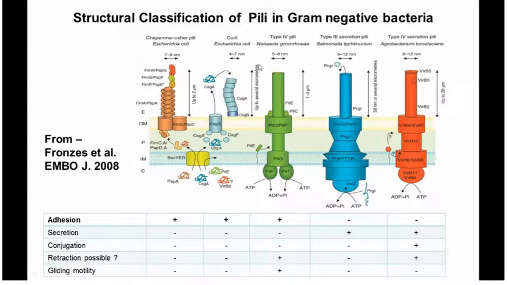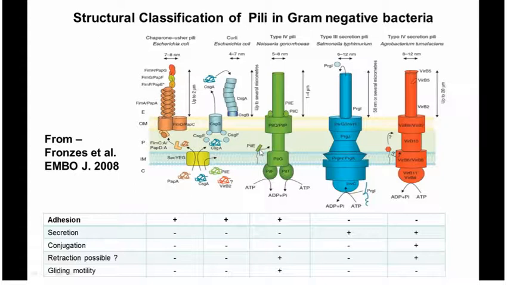Type 4 Pili, let's have a look at this one. So once again, they're formed by a big multi-protein structure that crosses the cell wall. But this time, the subunits that make up the filament, Pili, they're added onto the base. So the polymerization is at the base of the filament. So new subunits are added at the base, and this pushes the whole thing up. Okay? That's very important, because this process can be reversed. Okay? So that means that,